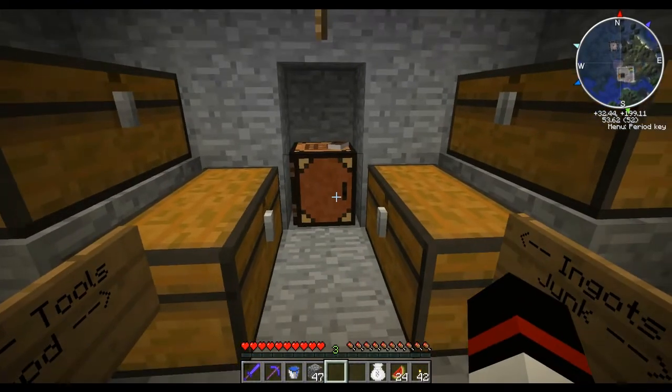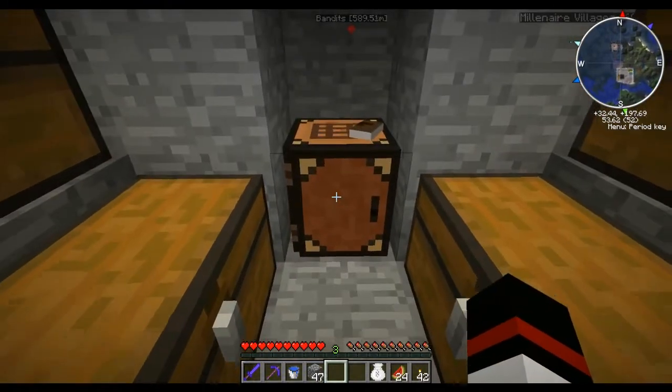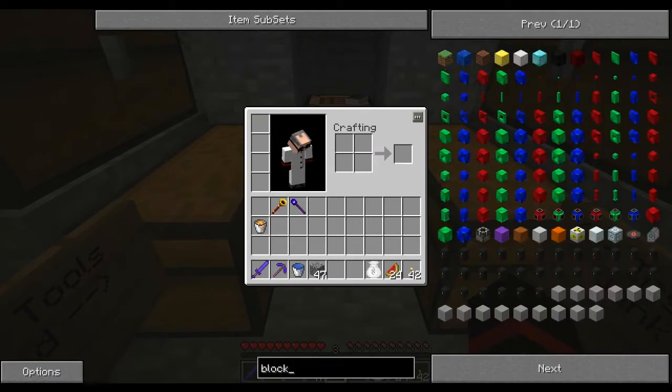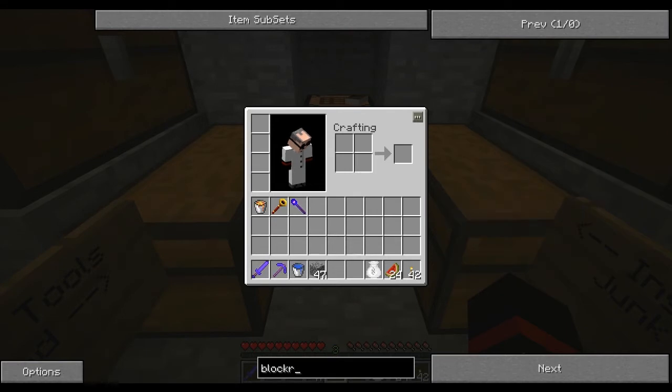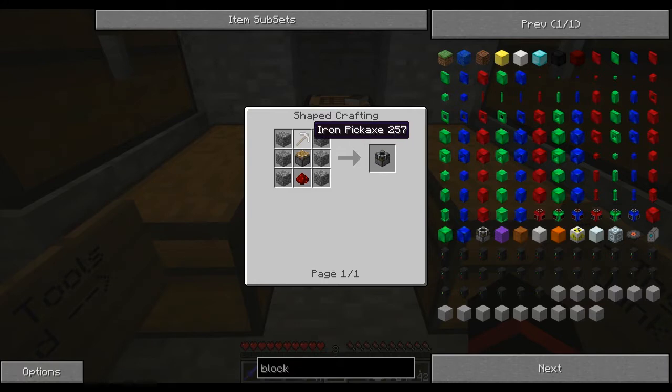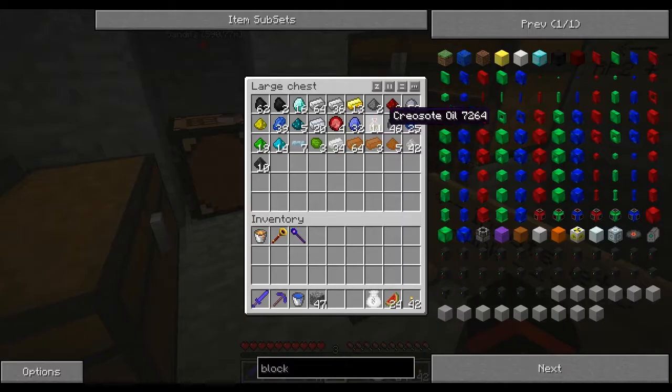I really should try and work out what part things are before I get going. So the very first thing I'm going to start with in this episode is I'm going to make myself a block breaker. One of these things. Okay, that didn't work. A block breaker, so I need cobble, a pickaxe, a piston, and some redstone. Hopefully,